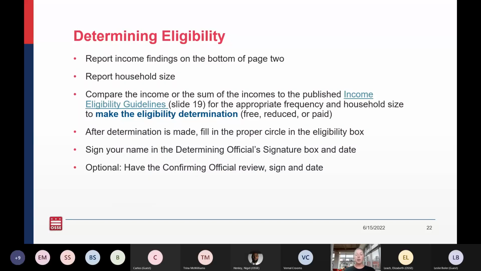There's a spot for a confirming official. It's not required to have a confirming official review every application. It is required if the application is selected for verification. However, we do see it as a best practice that SFAs have a determining official and then have a confirming official review all of the applications. So if you choose to go this route, then if you pull an application for verification, you wouldn't have to